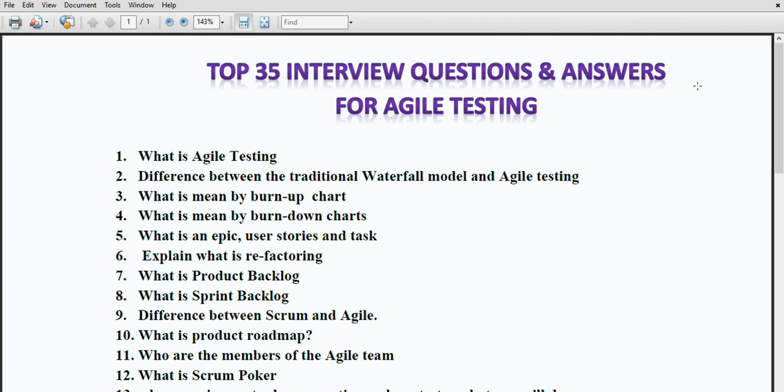Then the next important concept related to agile testing is, what is meant by a burn up chart? A burn up chart is used to keep track of the progress of a project. It represents how much work has been completed in the project. And what is meant by a burn down chart?